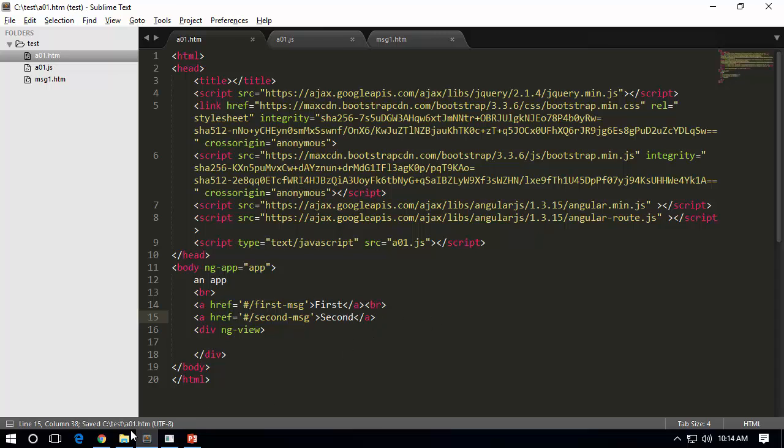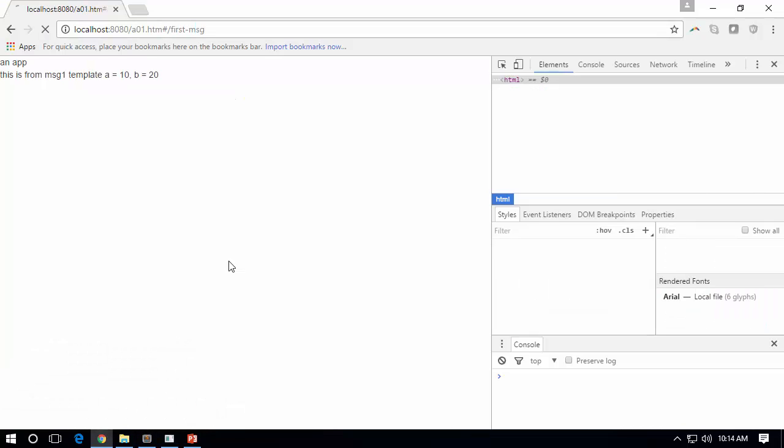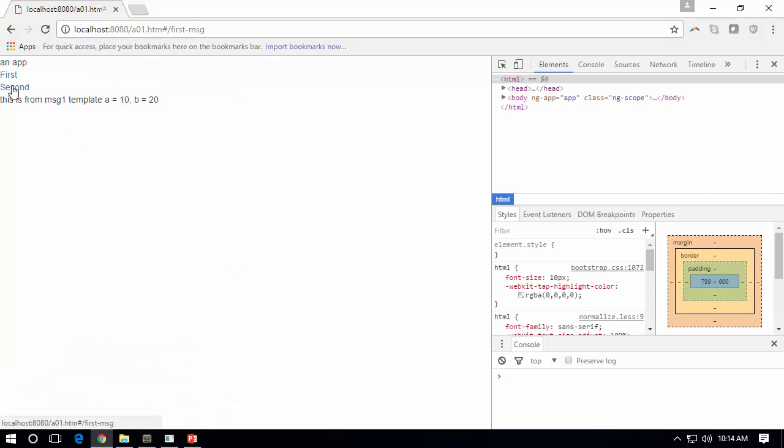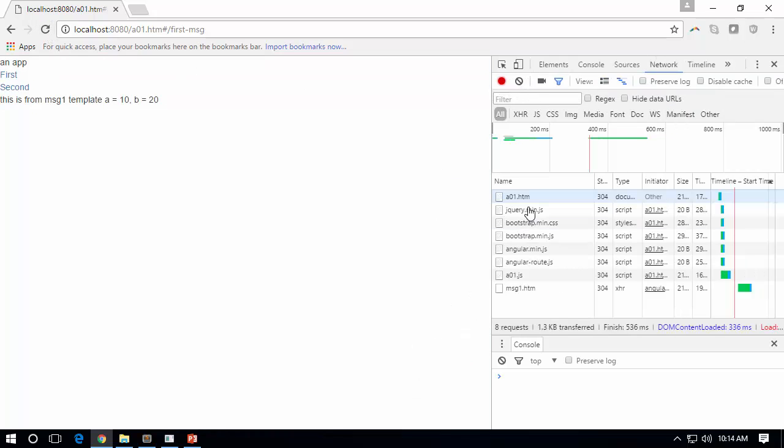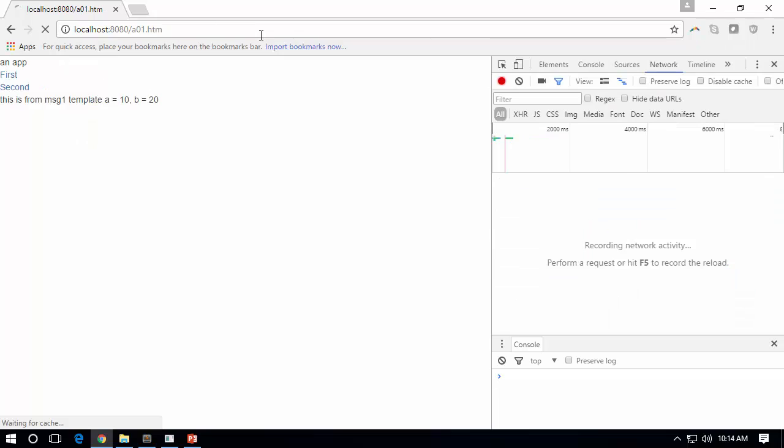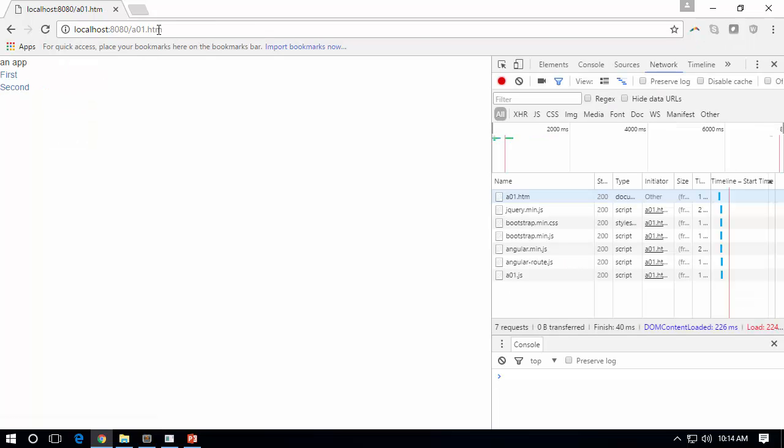So let me see if it is working. I go back here, press F5, and now you can see I have first and second. Let me go to network. Let me clear everything. So I go to refresh. You can see it has retrieved A01. Okay, let me clear this one also. I just wanted to go to a01.html. So this is the home page. Once I go in there, you can see I have A01 with all the jQuery, Bootstrap, Angular routing, and